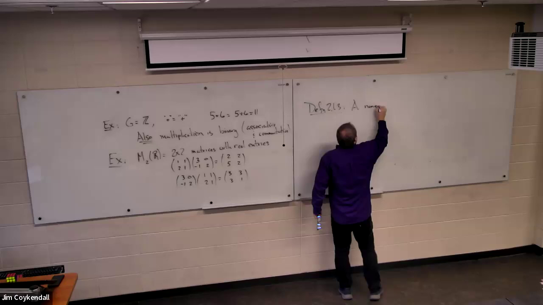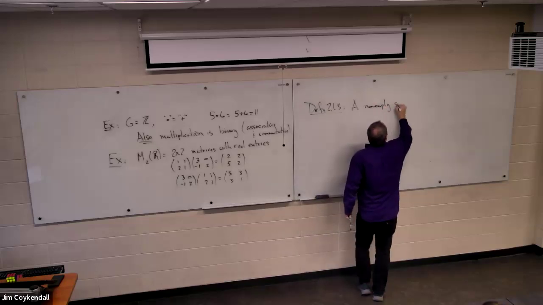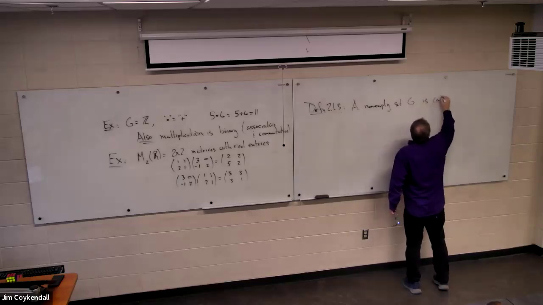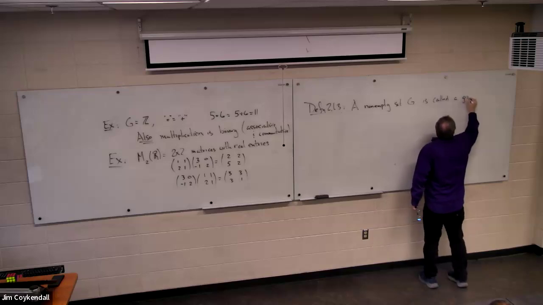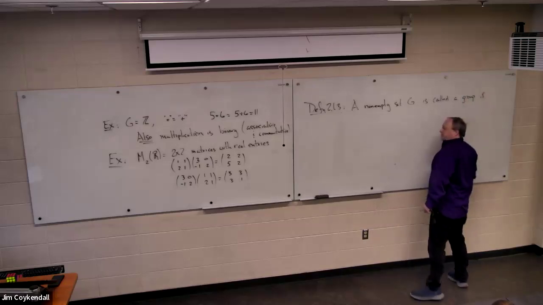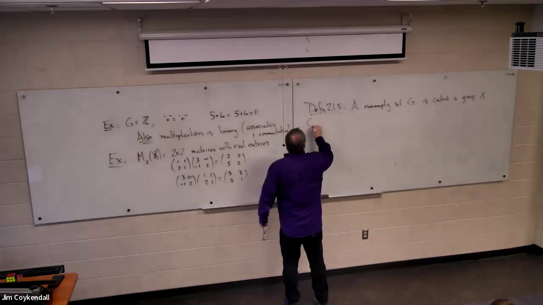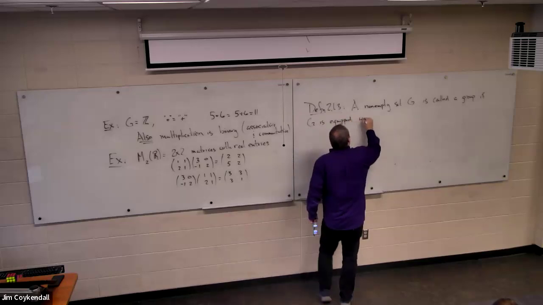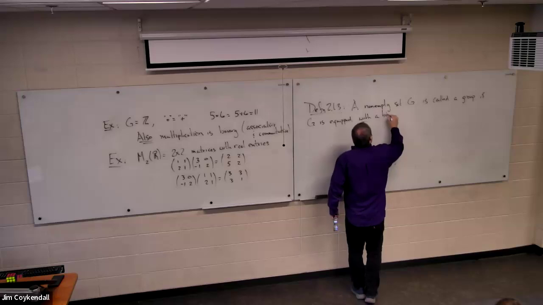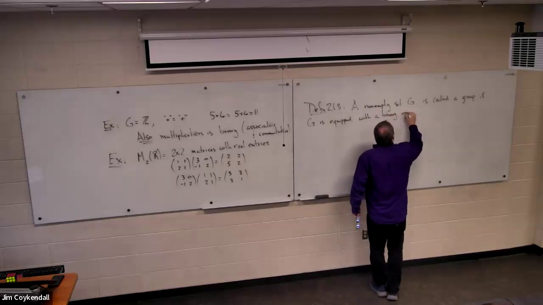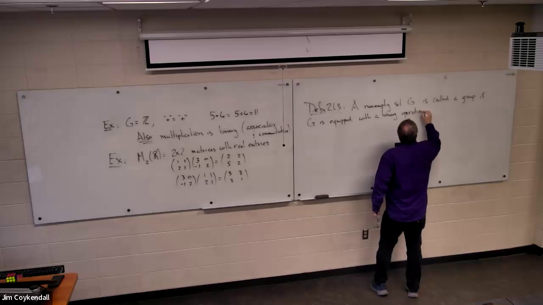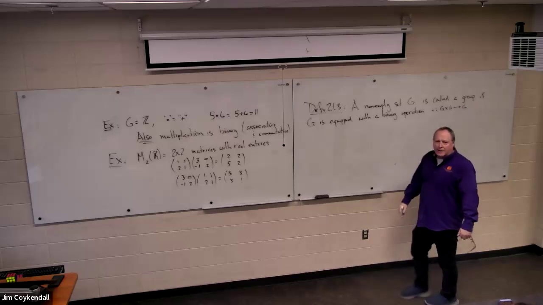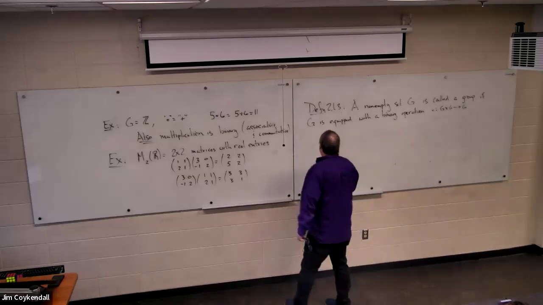A non-empty set G is called a group if G is equipped with a binary operation, so you've got a binary operation from G cross G into G, such that